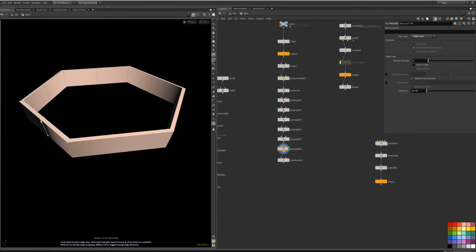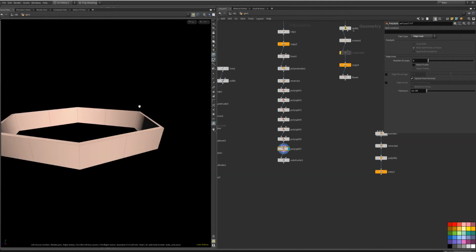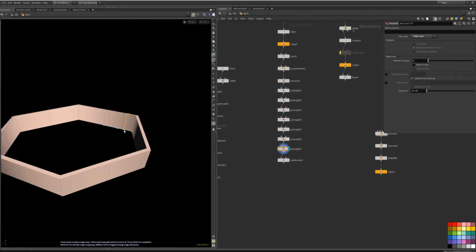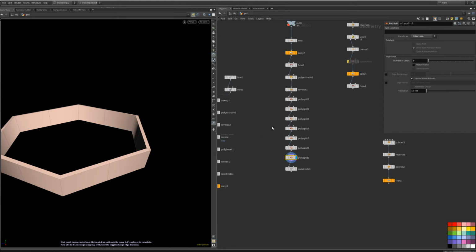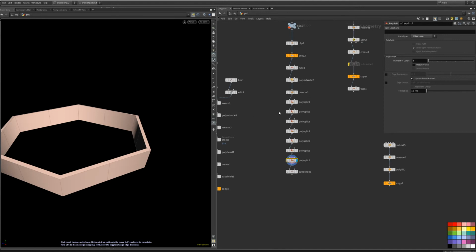You can press Q on your keyboard, and it will do the work for you in order to get the division. It will repeat the last action that you did. I believe there is a way that you are able to. Yeah, you can do more loops, as you can see right here. Okay,